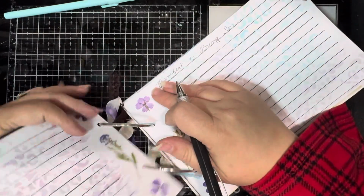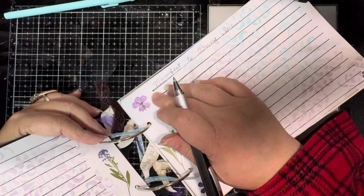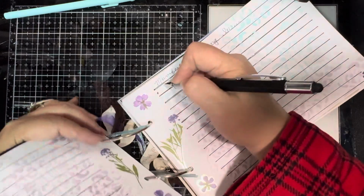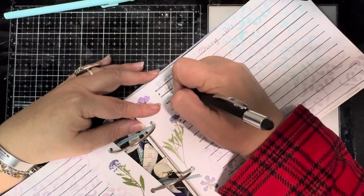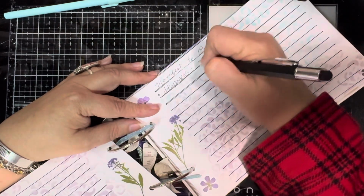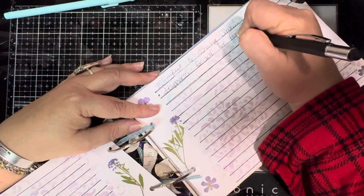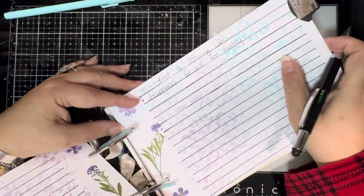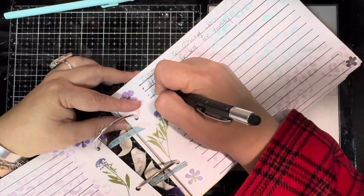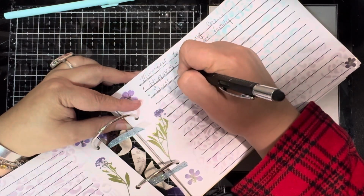This is where I do my bullet journaling, meaning I am going to do a dot, and then I'm going to write what I would like to bring in. So let's write happiness. Happiness, and then we're going to write for self and for family. Hope you can see that. The next thing we're going to write is success. For business,